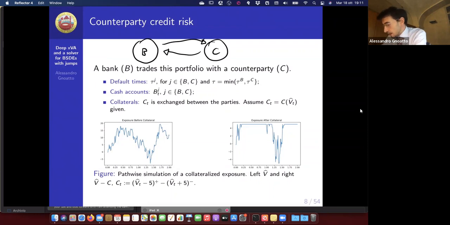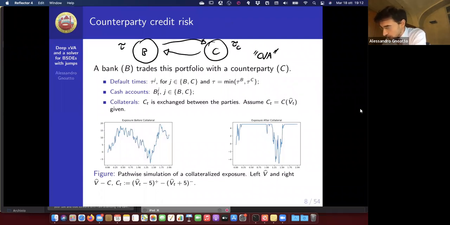Now, of course, before the financial crisis, no one could default, and then people started to realize, hey, this is not so realistic. So first, they introduced the possibility that the counterparty might default, and this gave rise to the so-called CVA, which stands for credit